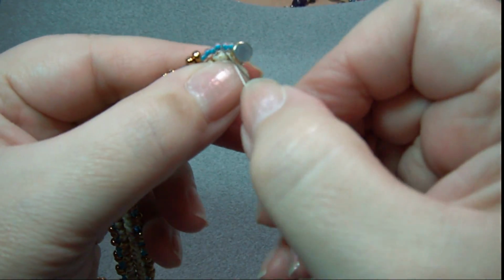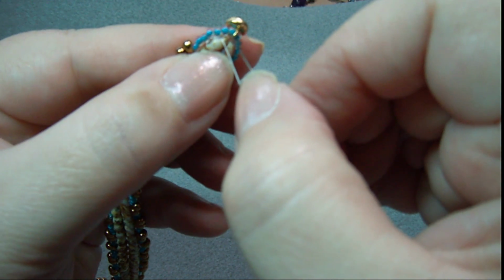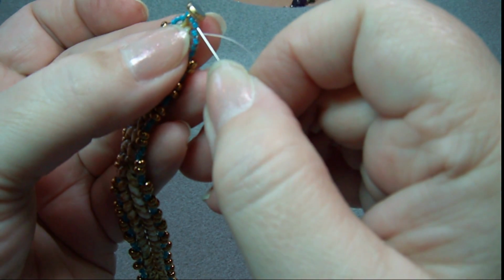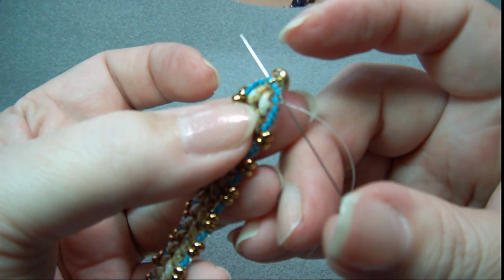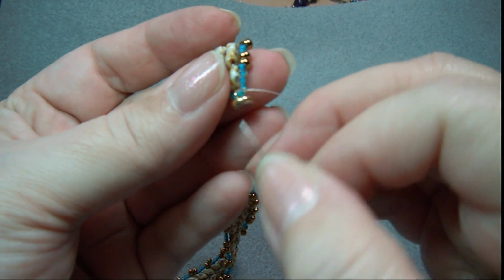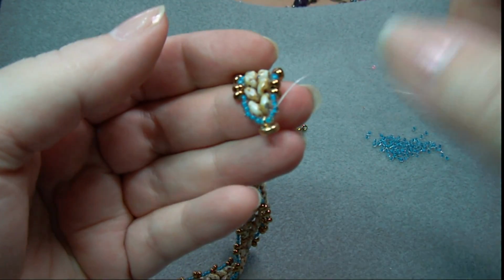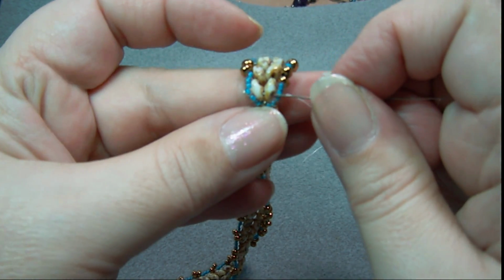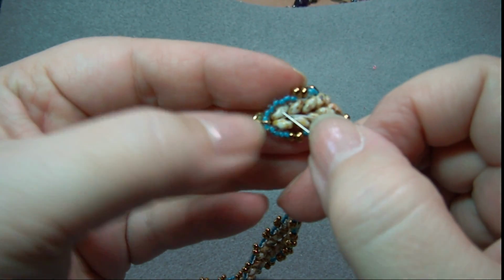Okay, I have my tail coming out of this Superduo bead right here. So I'm running it up through the two beads right before the clasp, then through the clasp, through the next bead, and down through the next two beads. I'm going to run my needle back into the Superduo, into the other one,